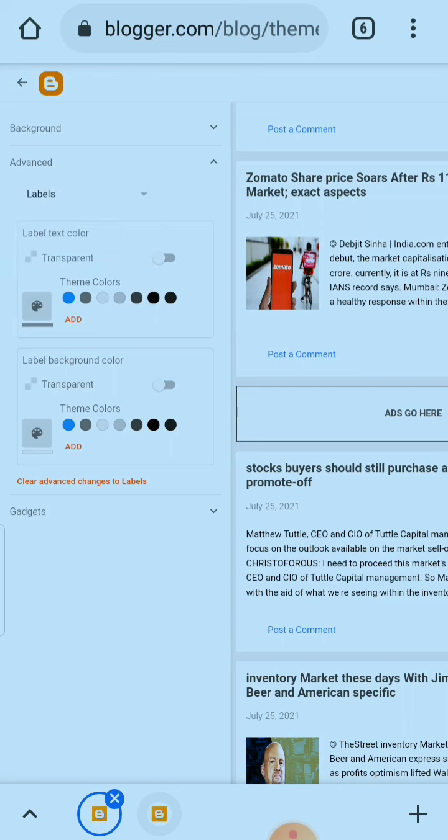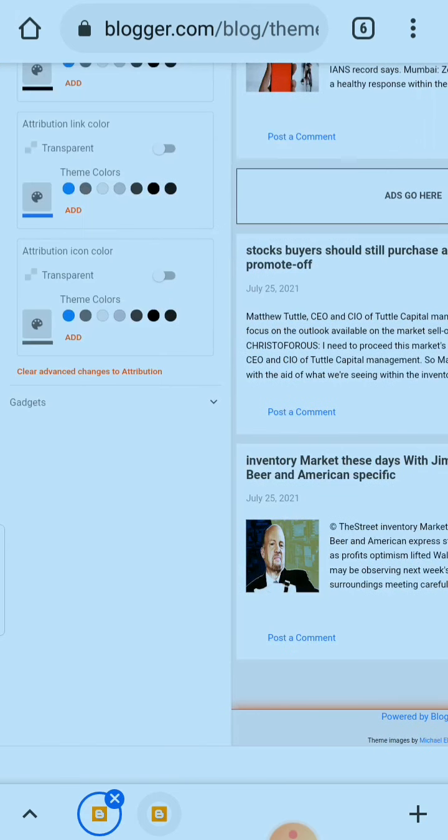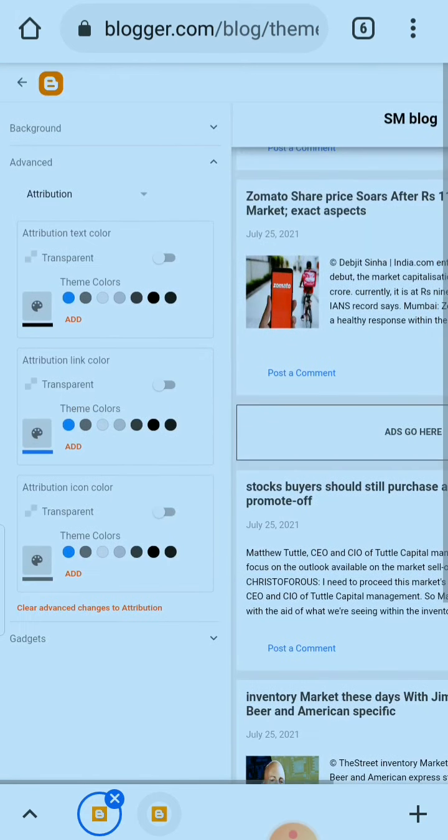I think I need to change labels text color because what is a label? Label text is something like your content that will be visible to readers, so it should be visible properly. So I changed it to black. Attribution, color, link, all things are okay. I think I should change icon color also.